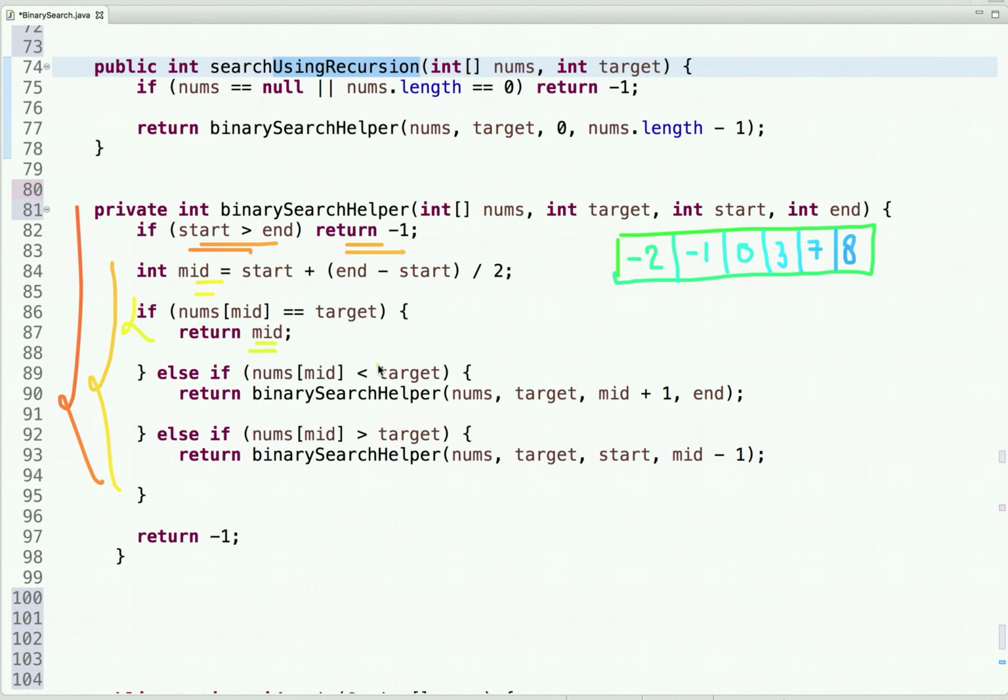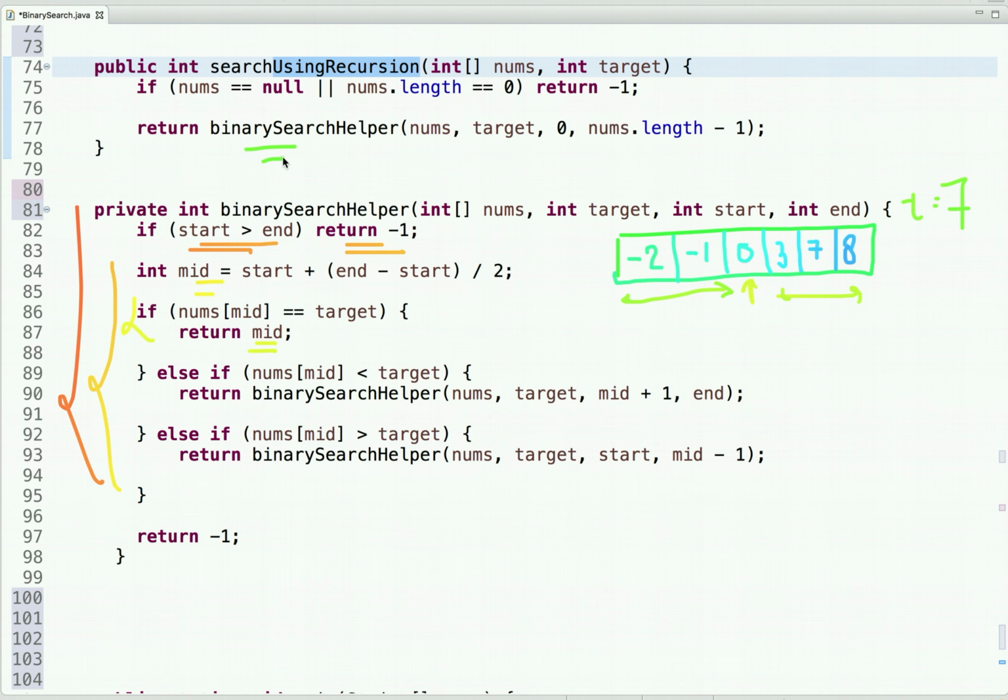Else if the target value is greater than the value present at mid, then we have to search the element in the right half of the array. I'm talking from the perspective of mid. So let's say the computed mid is this and the target value is greater than the value present at the mid index, then we search in the right half of the array, else we search in the left half of the array. We keep doing this process until the value is found or the base condition is true, and we have to search 7 in this array. So let's see what happens when we